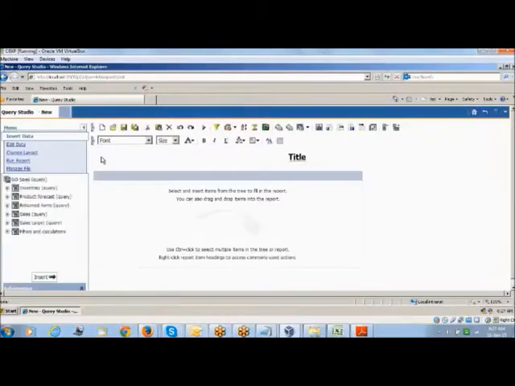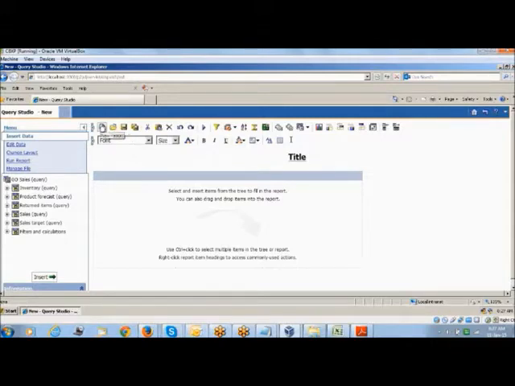This Query Studio window will open. So we have multiple components in here. So this is the main menu. This is the menu part. This is a normal menu part. So you can see this. All the things are font size, text alignment, color. These are similar to what we have in Word or Excel, anything.